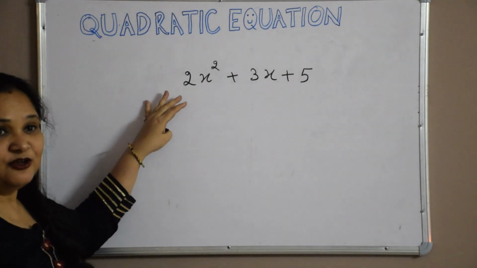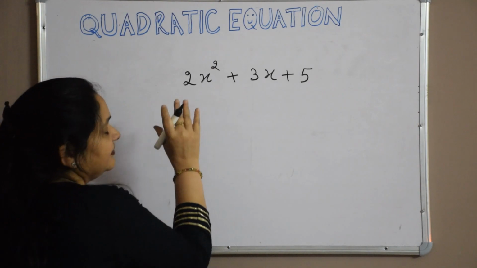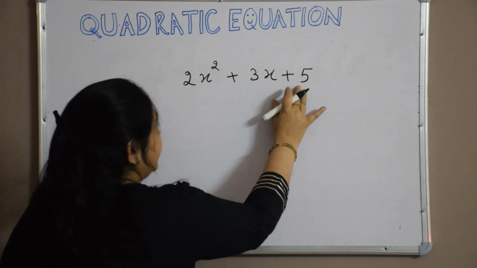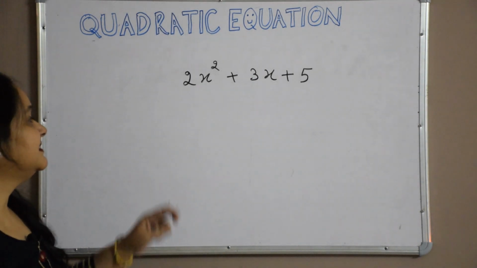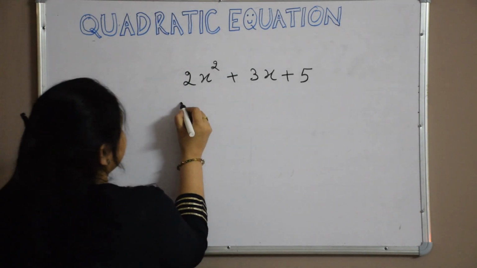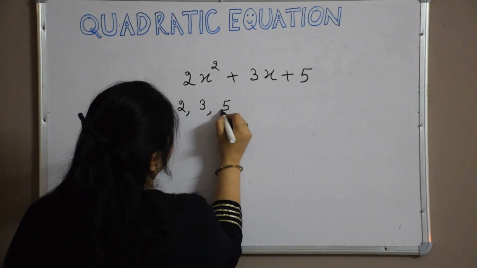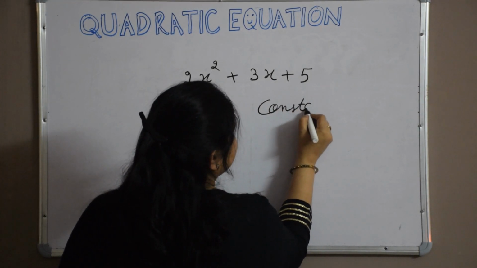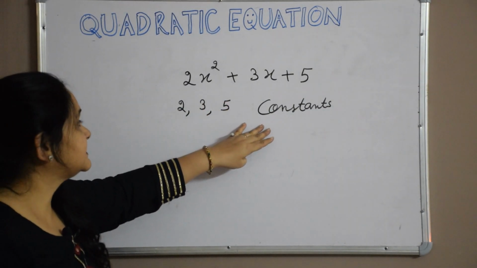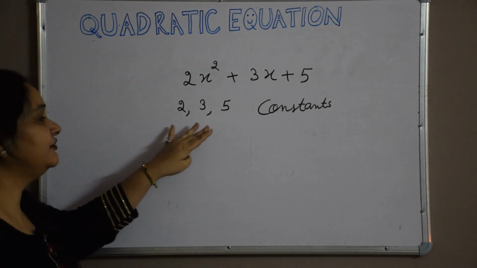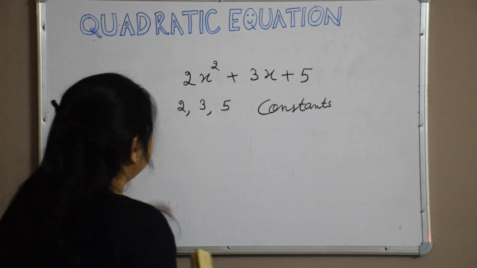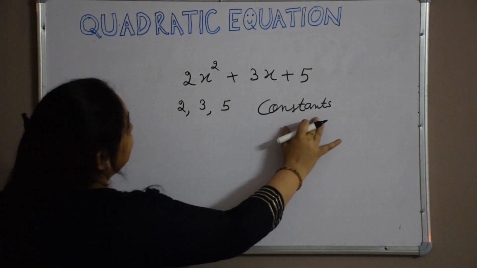First of all, I will tell you some new words that are very helpful for understanding the concept of polynomials. A polynomial is an algebraic expression. An algebraic expression is a combination of constants as well as variables. So here 2, 3, 5 are constants. Why are these constants? Because they are fixed. We can't change the value of 2, 3, 5 in any situation, in any equation, in any polynomial, or anywhere in maths. It is the same everywhere. That's why they are called constants.